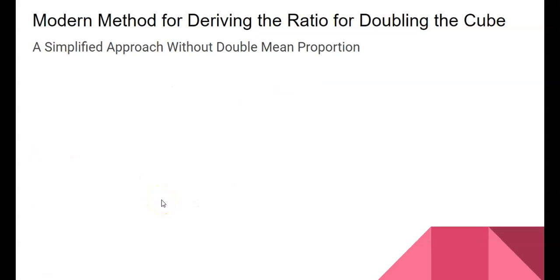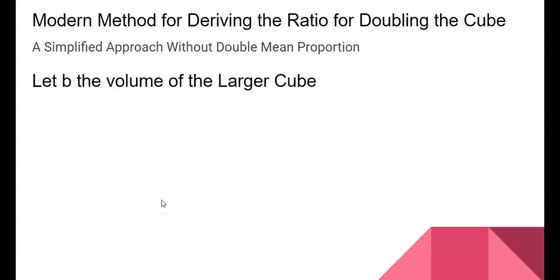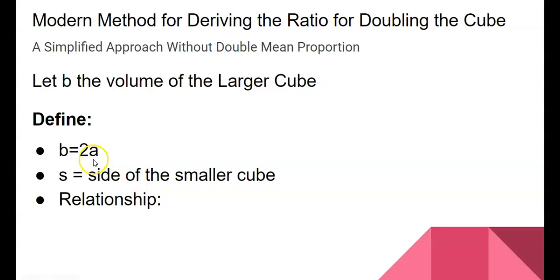Next, let's define B as the volume of the larger cube, where B is equal to 2A since we're doubling the cube, right? Again, s is the side length of the smaller cube. So the relationship of the volume of the bigger cube B and the side length of the smaller cube s is denoted by the equation B is equal to